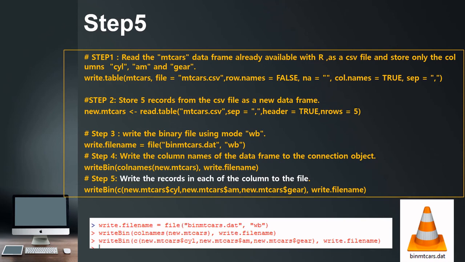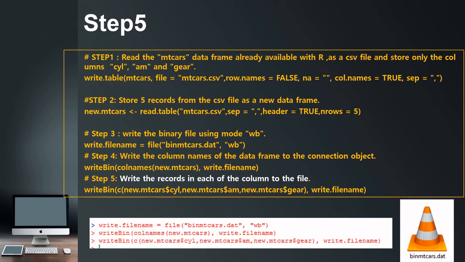Now step 5. In step 5, I am going to write the columns available in that particular CSV file. In the CSV file, the columns are CYL, then AM, and then gear. So it will indicate the details of the car which is available in that CSV file, which will be written in that file.